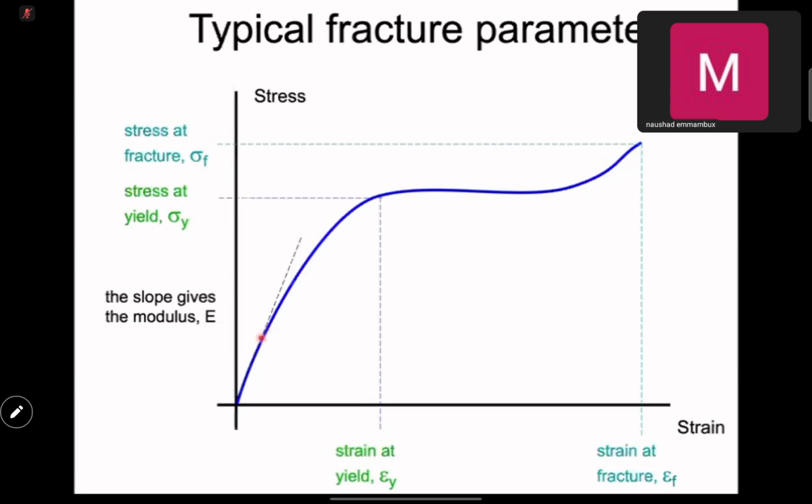If you work within where the slope is the same, this is where you can do small deformation, where it's a reversible deformation. So remember earlier we talked about large deformation and small deformation, and here when you look at